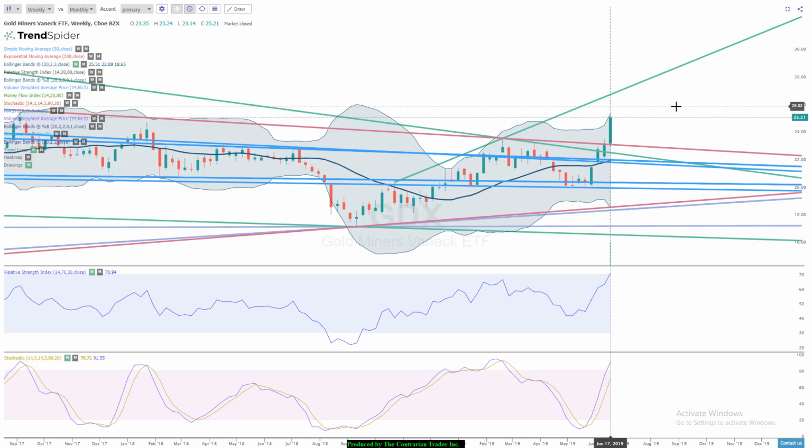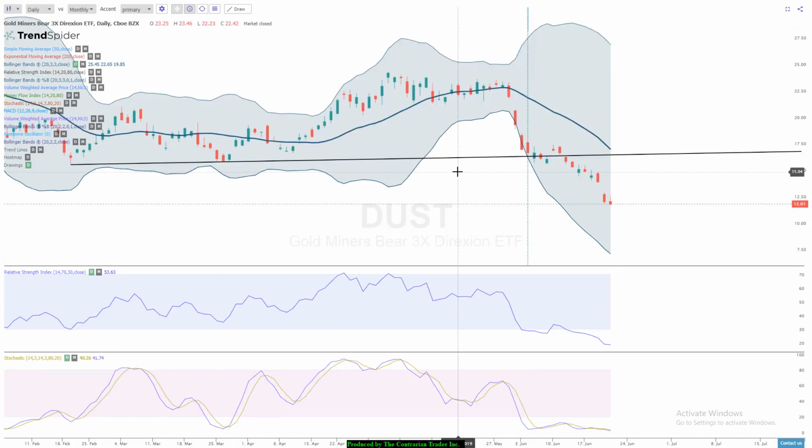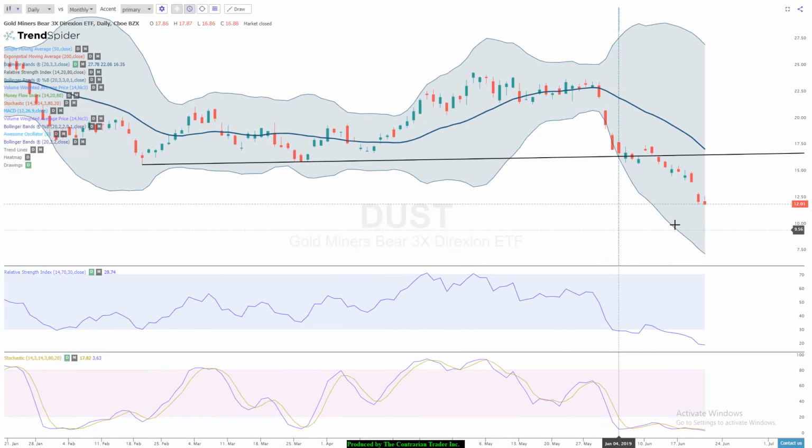But as we near overbought levels on our position being the NUGT, I want to put on a hedge. Now, it's either going to be I sell covered calls or I hedge with DUST, which is what we've done twice before in the past 30 days. Let's bring up DUST. So we'll use DUST on a daily basis, and you can see that it's getting beaten